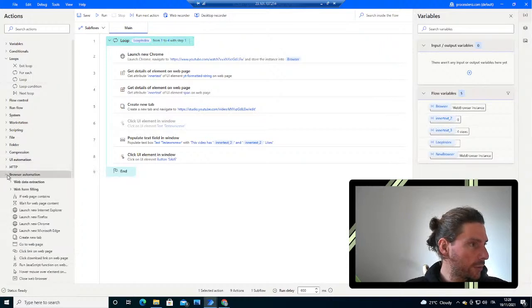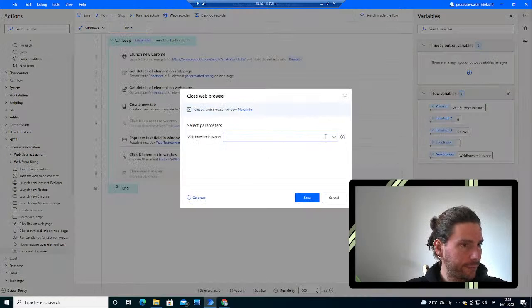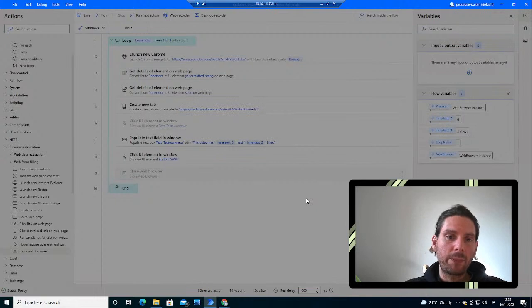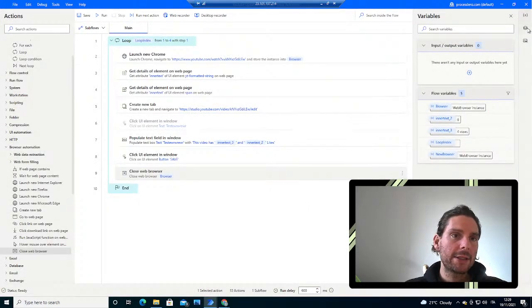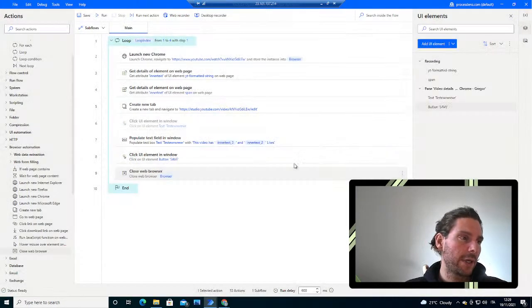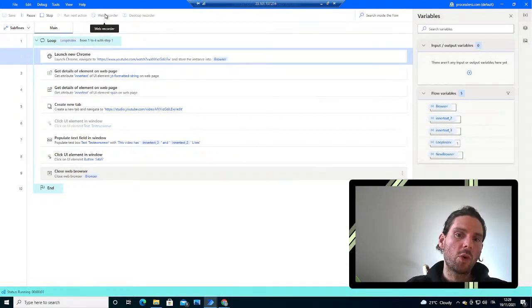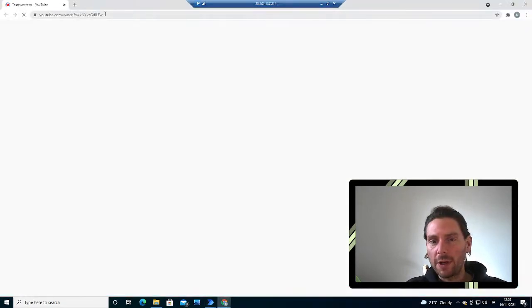So browser automation, close the browser. Where is the close the browser? It's right here. And just for the purpose of cleanliness, let's go into our variables right here, and let's remove all unused variables that we have. Let's delete them, and now our process is looking nice and clean and shiny, and let's see if it works. If it works, it's going to be pretty cool and pretty fun,